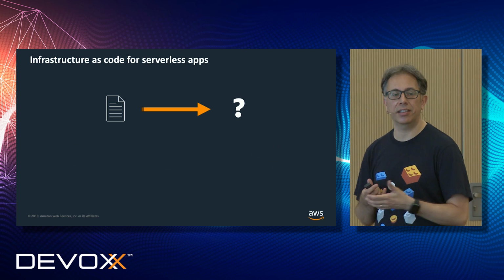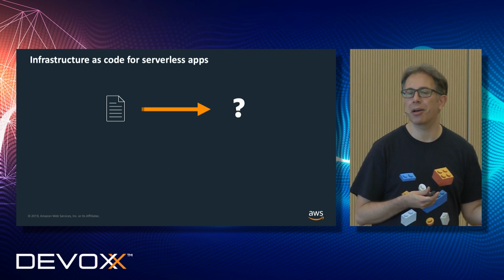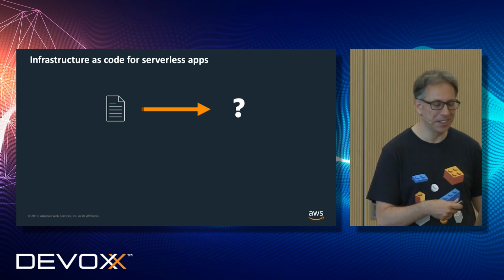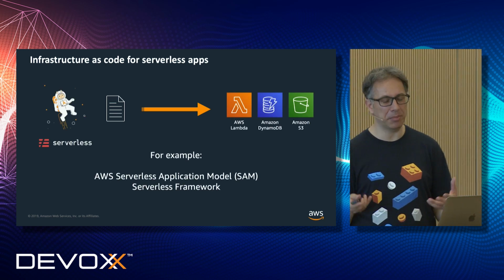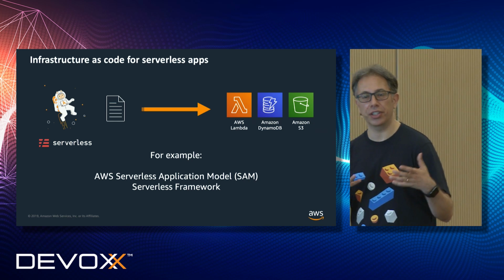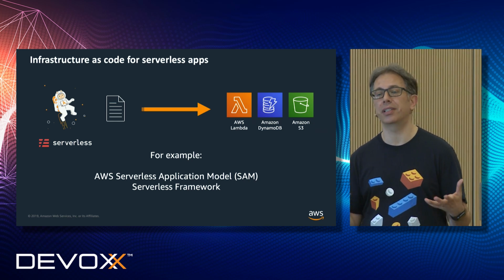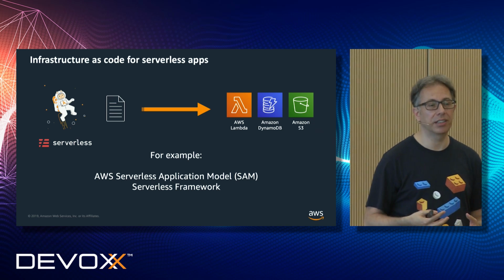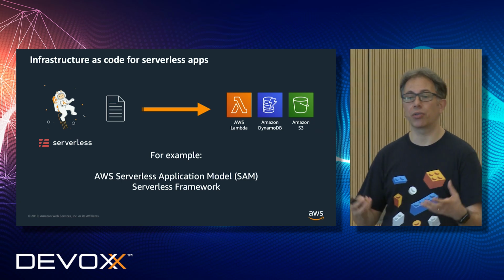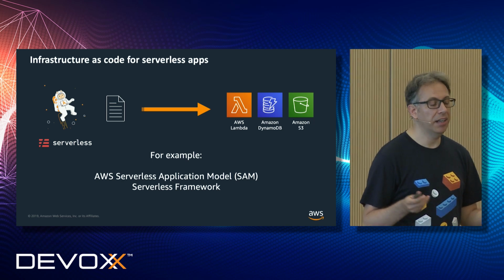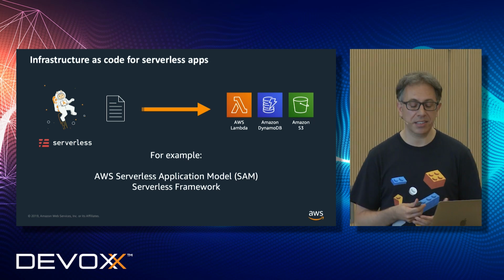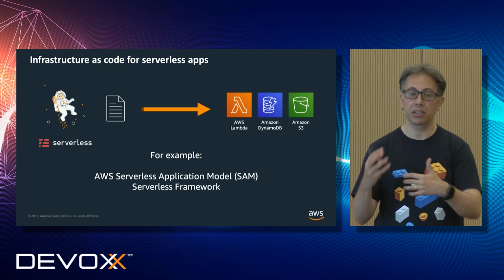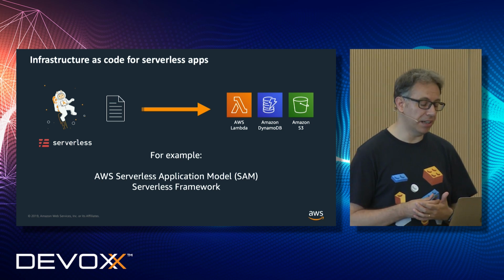So what about serverless? I just said that with serverless you don't need to think about the infrastructure, and now I say you need to manage your infrastructure as code. In reality, here I'm talking about a way to define the high-level resources that you need to build a serverless application. For example, the Lambda functions, the database table, the storage buckets, and again, you want to define that in a text file so that you can easily implement this in multiple environments and roll out updates.